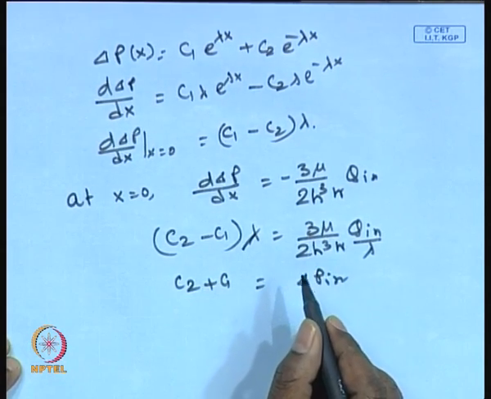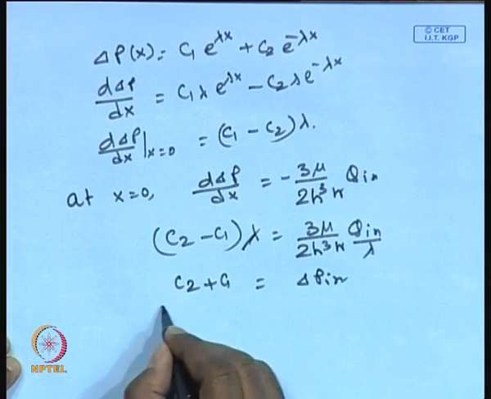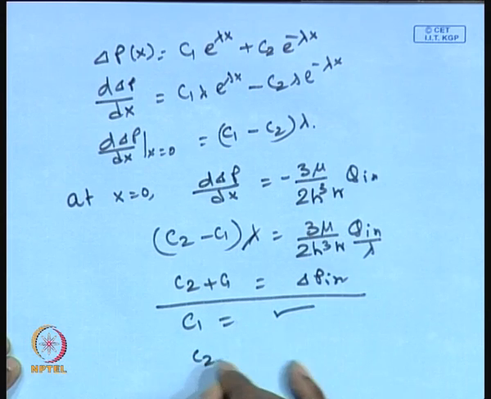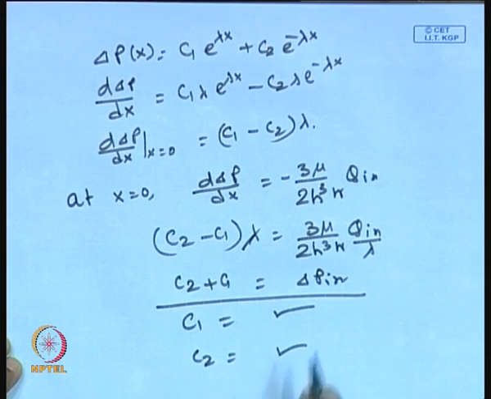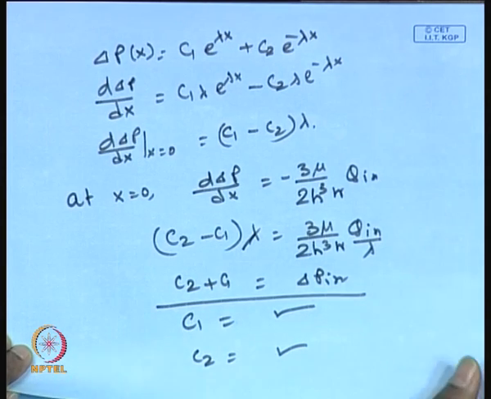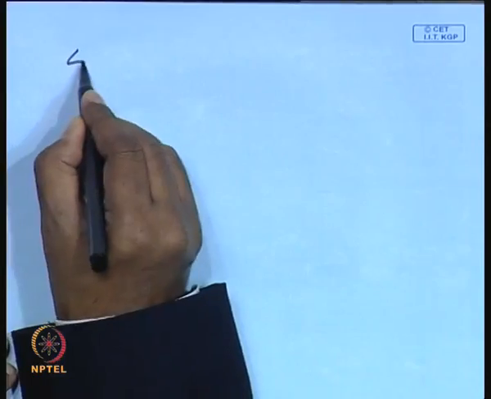Now, you can just add them up and get the expression of c1 and the expression of c2. Please do that, I am not doing it; you please fill up the couple of steps. And if you rearrange, the solution will be constituted with hyperbolic sine and hyperbolic cos functions. So, I am just going to write down the final expression. You can fill these gaps up, and the expression that you will be getting is that delta p(x)